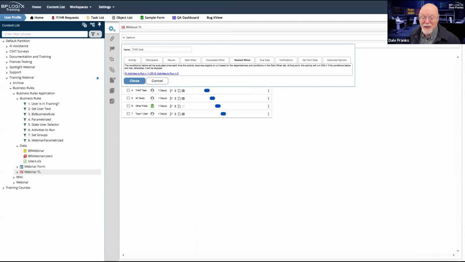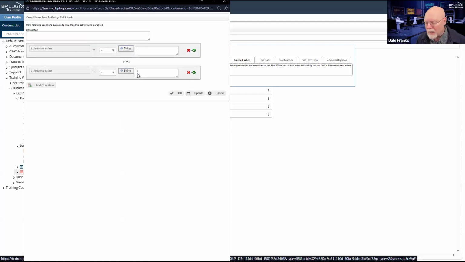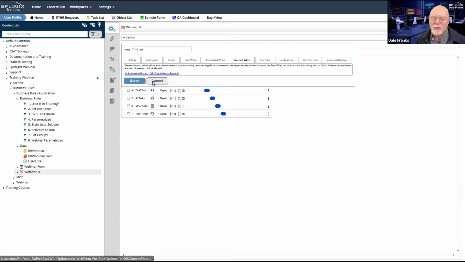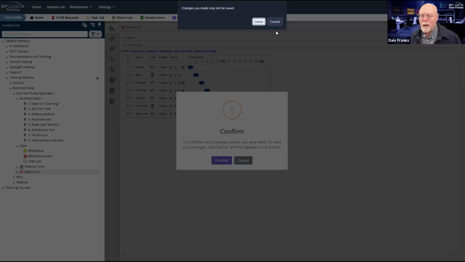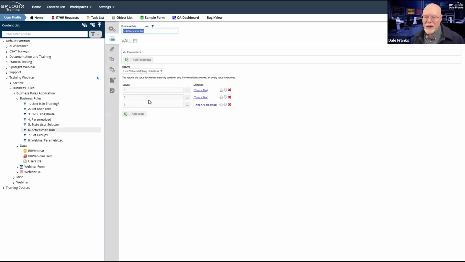With that being said, we are going to use that business value and we're going to go through that extra complication. So the business value is, or sorry, I keep saying business value. The business rule is number 6, activities to run. So let's look at it. Leave. I don't want to make any changes at all. So activities to run is a first value matching condition business rule.